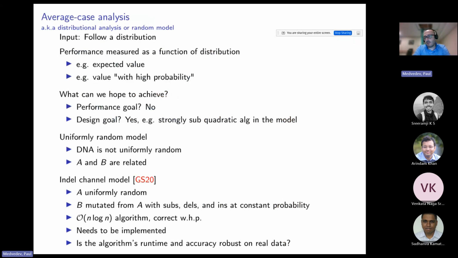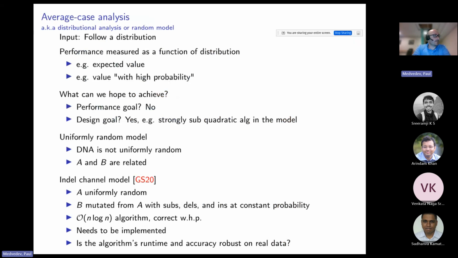The problem with all of these worst case approaches is that they essentially assume an adversary, and we're dealing with biological data, which is not really adversarial. God did not create my genome in a way to make my algorithm harder. It's not completely random either. It has function and so on, but it's not adversarial for my algorithm.